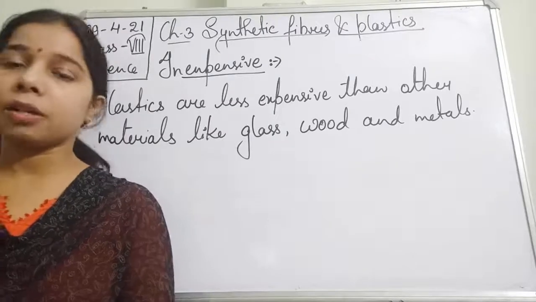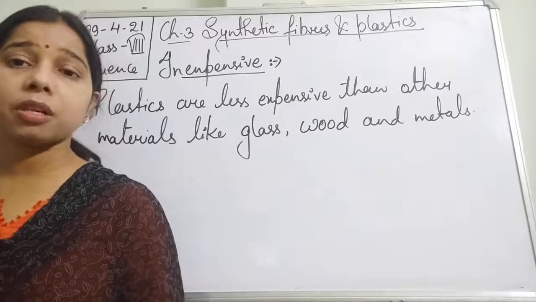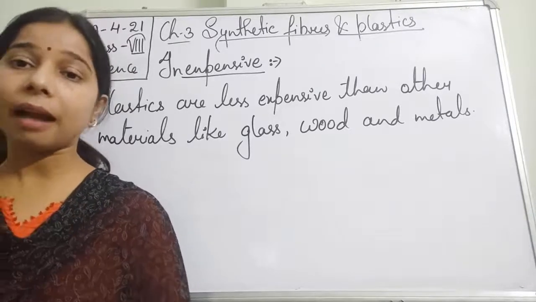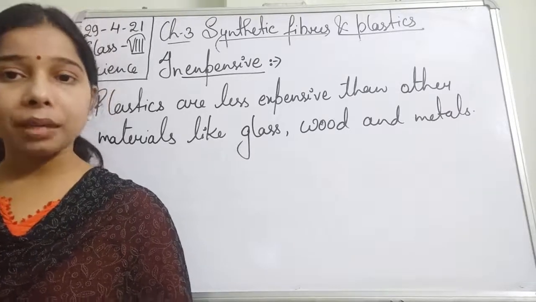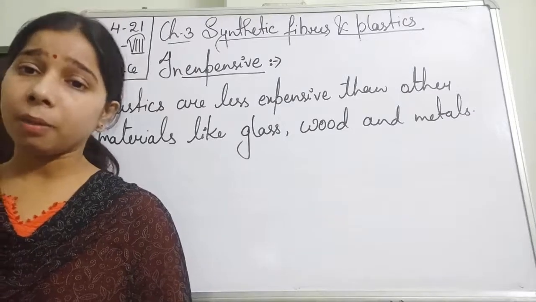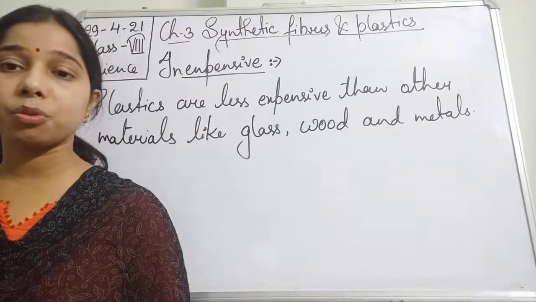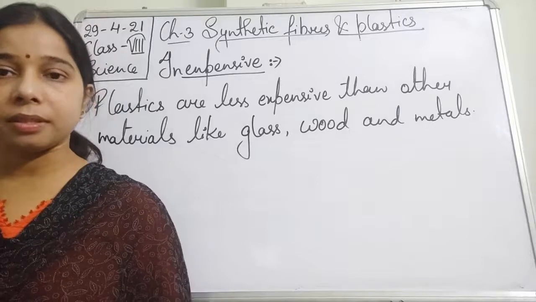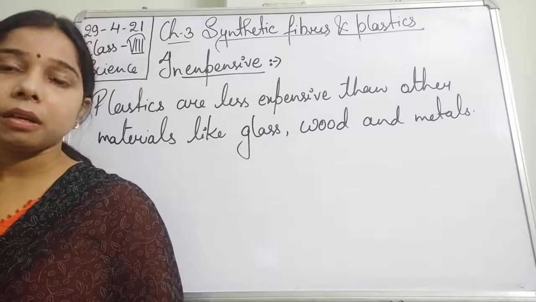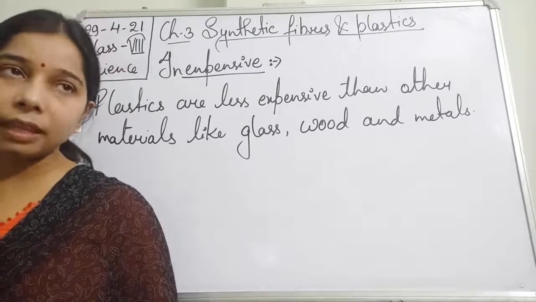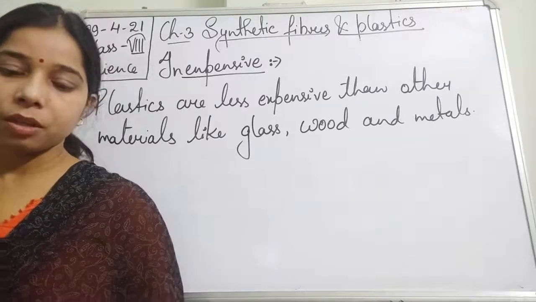Third one is that it is an insulator, showing insulation to heat. So it is used in making the handles of the utensils. While dealing with utensils, if they are not made up of plastics, then ultimately that will burn us. Then it shows electrical insulation, so that is why it is used in covering wires and cables. And finally, because of its cheap cost, it is quite good to use. So these are the properties.